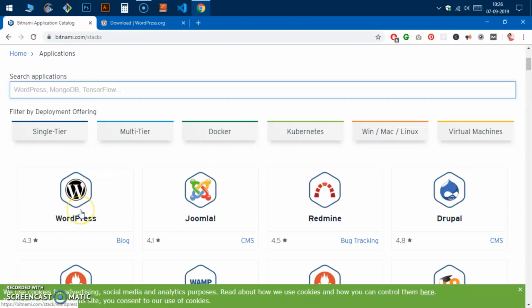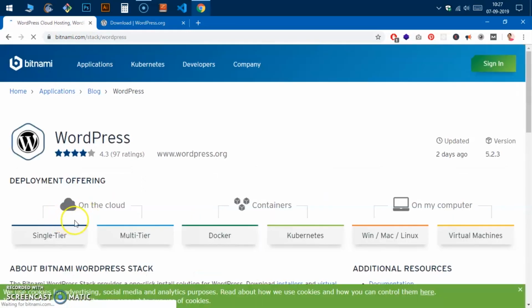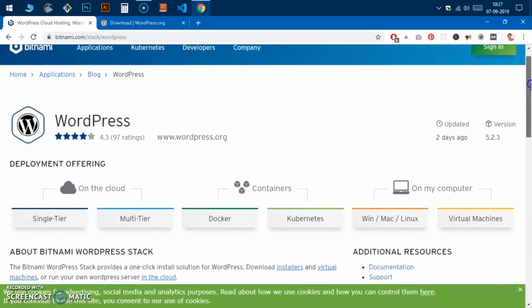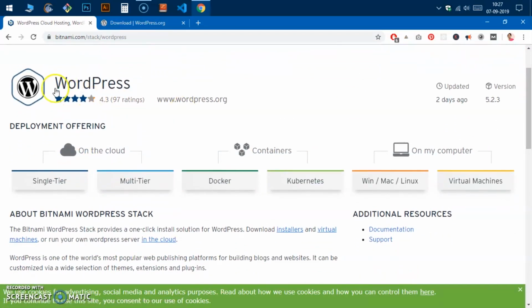This means that it is the most downloaded application on Bitnami, so this is recommended here. So simply go ahead and click on it, the WordPress thing here,